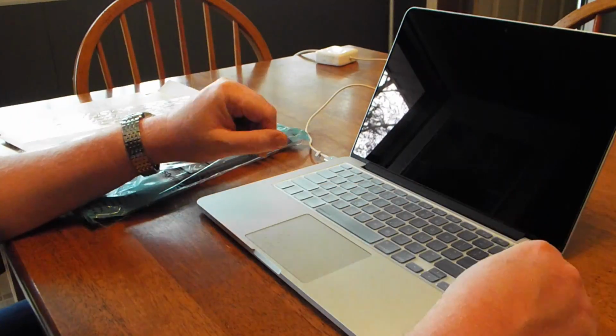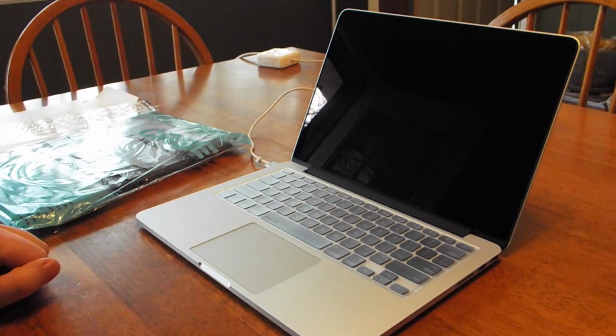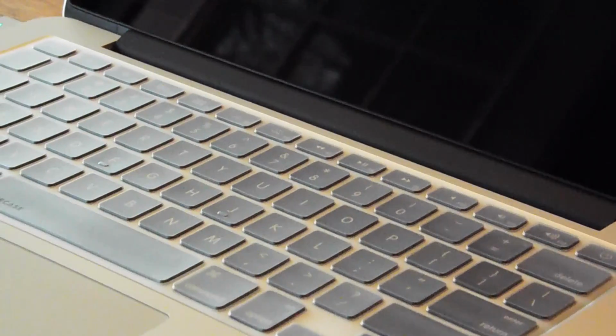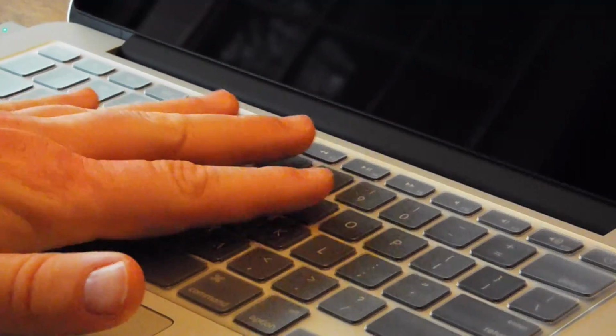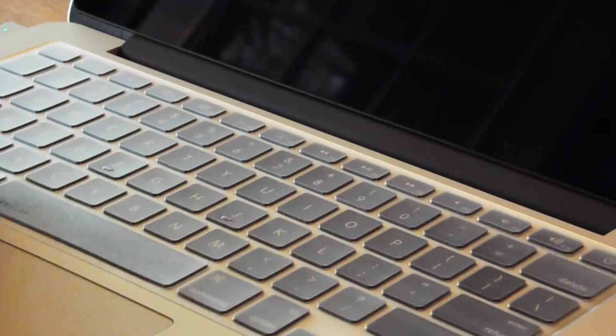So straight away, I see that there is a dulling of the keys. Let me see if I can zoom in on that a little bit. There is a little bit of a dulling on the keys. You can notice it really up in here in these keys in this camera shot. But I'm a little concerned about this thing staying in place. I mean, there's no real adhesive on it. There may be a light coating of some silicone base adhesive, but